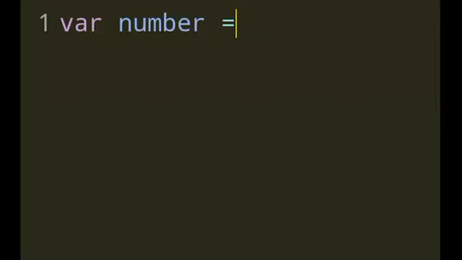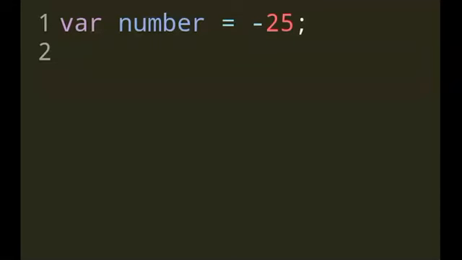Let's consider a number, variable number. Let's say it's minus 25. Okay, then let's humanize it. So what I'm trying to find is whether this number is positive or negative, right? We know that manually it is negative, but I just want to show how you can express that in JavaScript